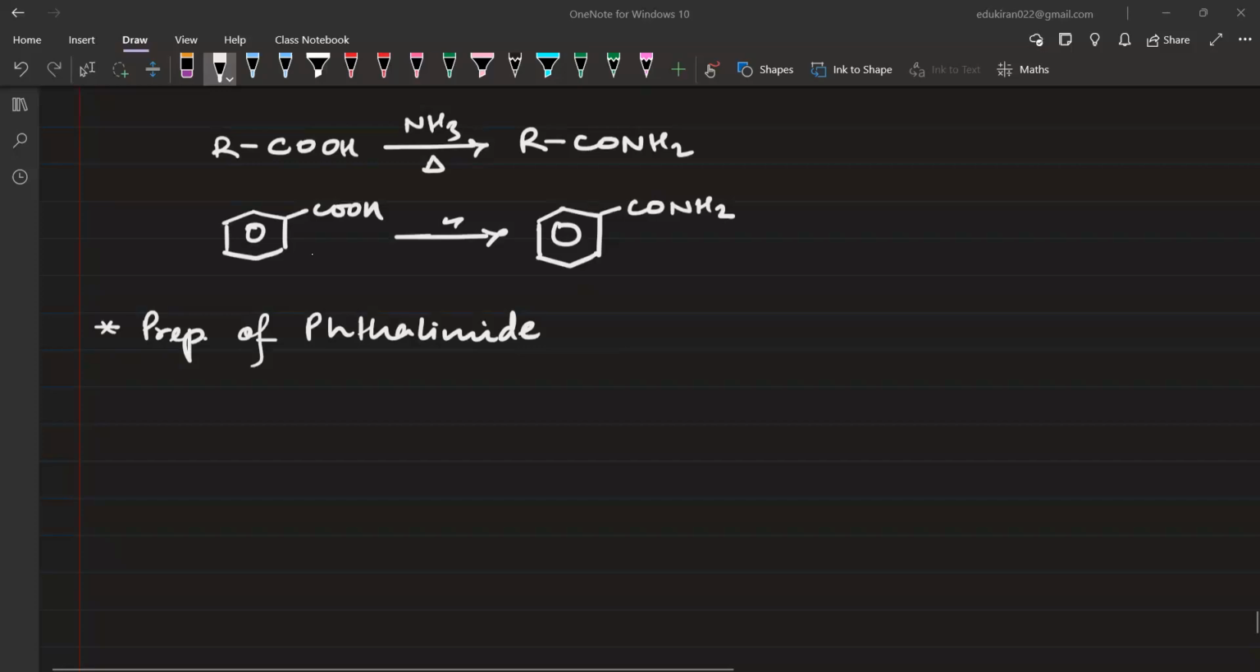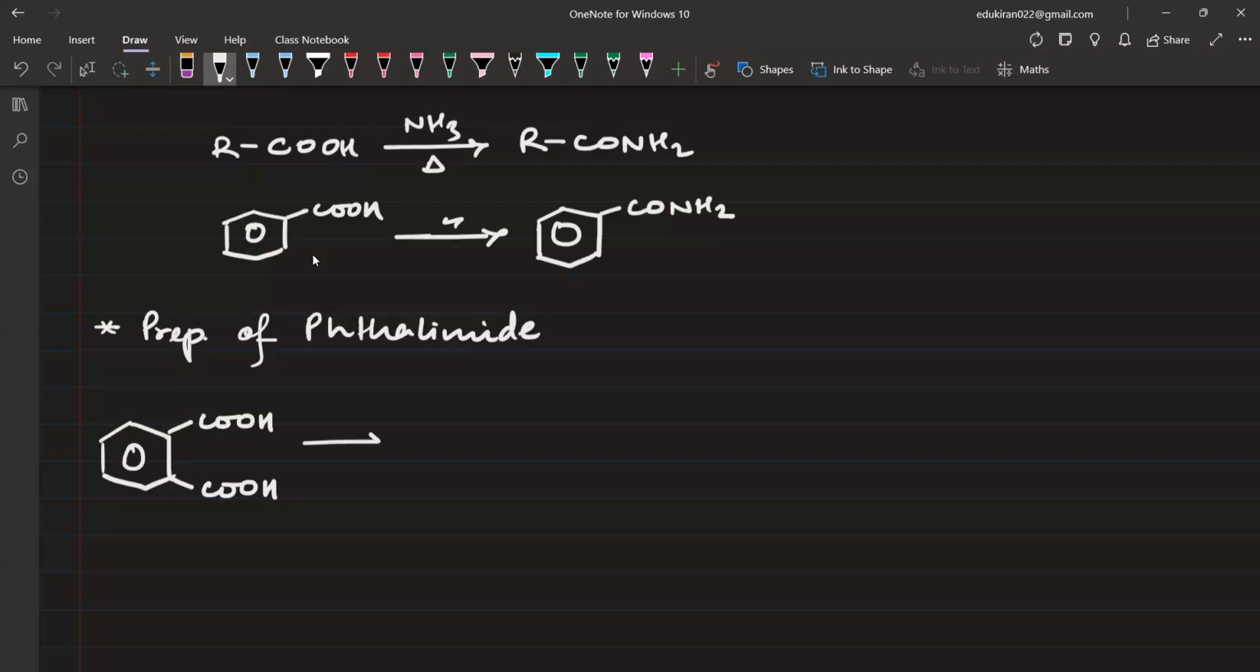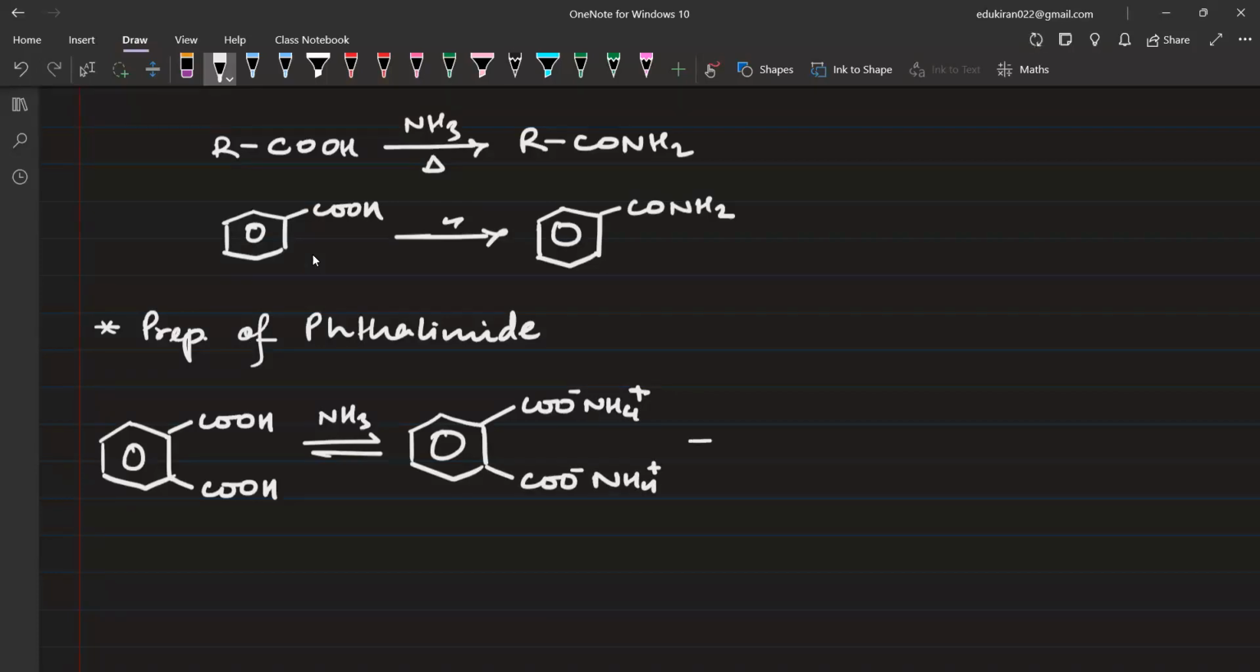Preparation of phthalimide. In the preparation of phthalimide, we take phthalic acid, COOH, here also COOH. ठीक है? In the presence of ammonia, what will happen? Both of these will be converted to the salt COO negative, NH4 positive, COO negative, NH4 positive. After that, when you heat it, you will get